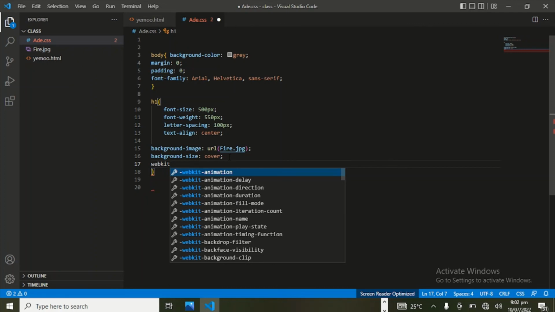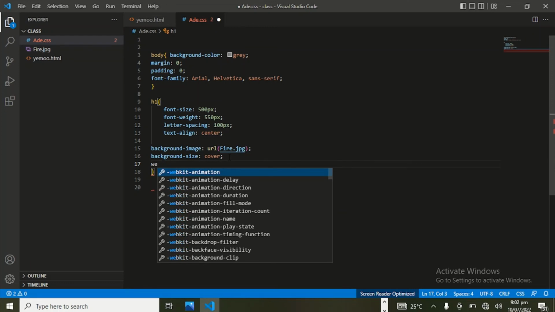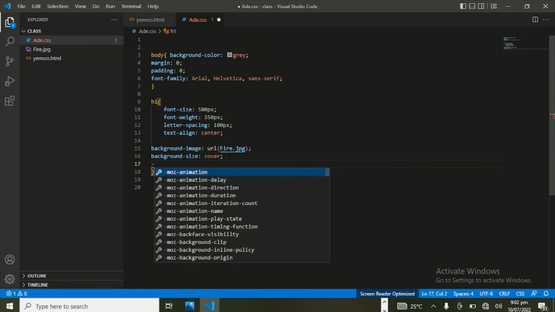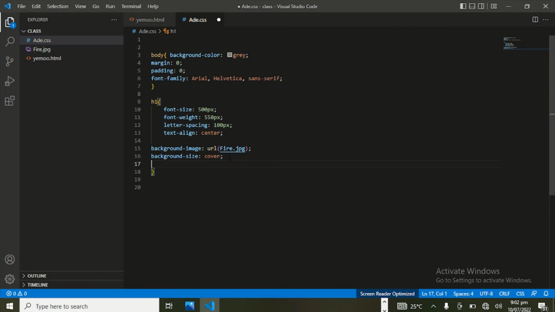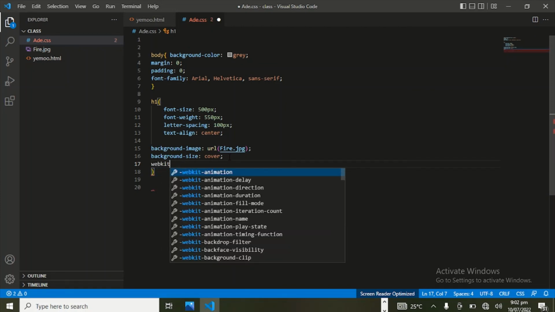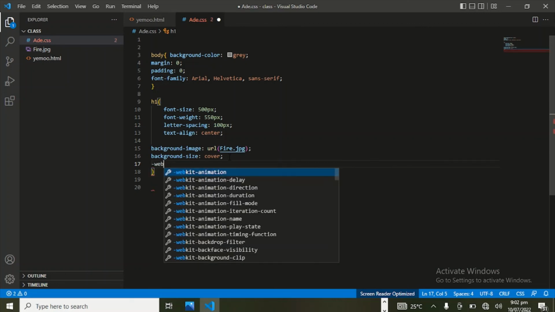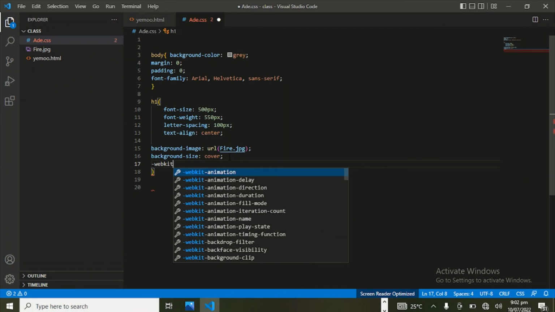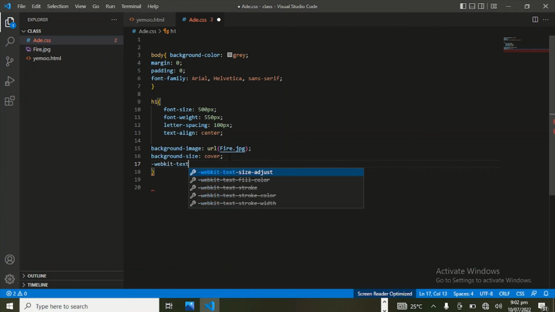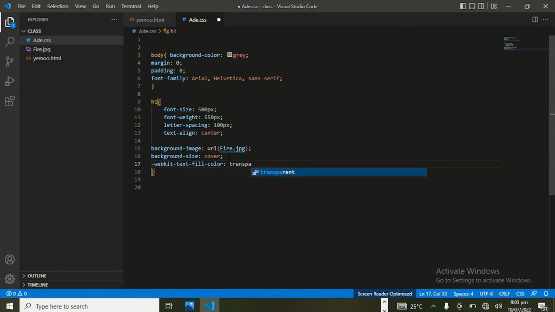So I'm going to type WebKit text fill color transparent,